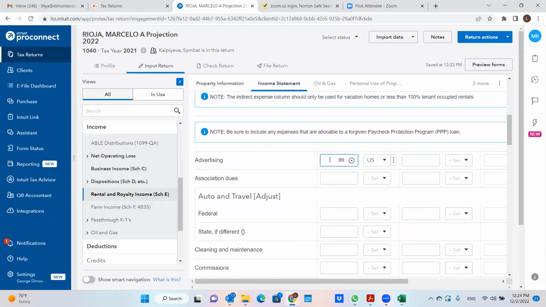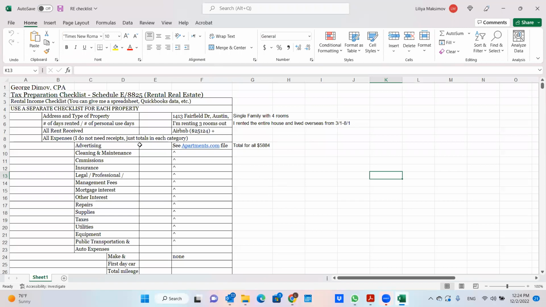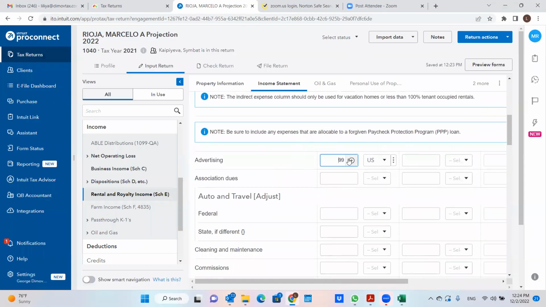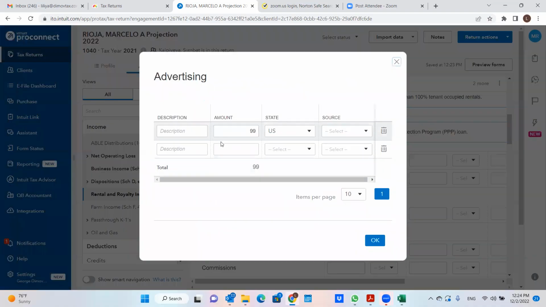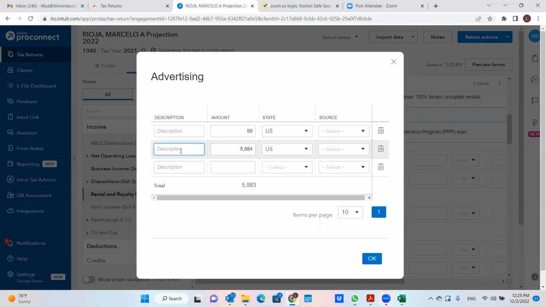Advertising, well, this is really odd, right? Right away it jumps out. Why does it say $99? Who knows? This is probably a mistake, because for advertising it says $5,884. So whoever was typing this up, maybe got up on the wrong foot. So I would say we would add 5,884. I would put a description for now, and we're not filing this tax return anyway, it's more of a projection, right? I would say that per worksheet